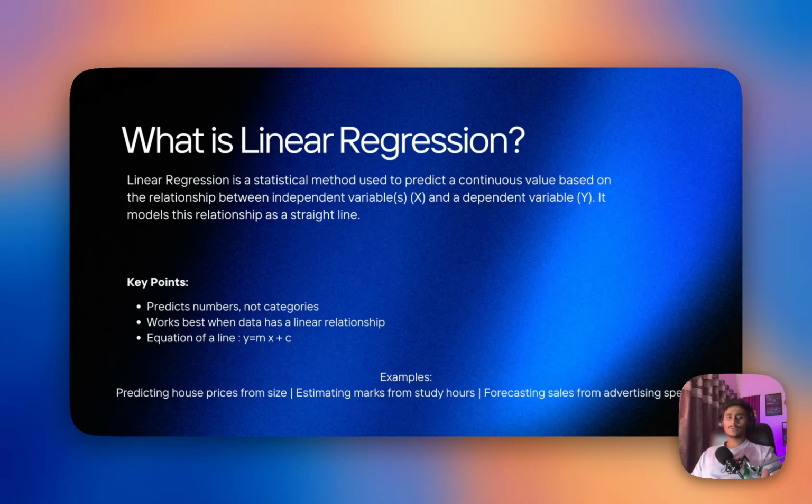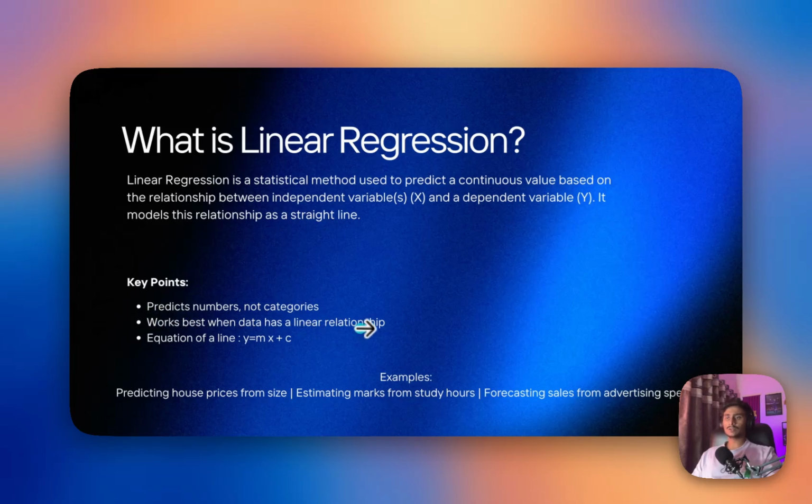Linear regression is one of the most fundamental algorithms in machine learning and statistics. It's a method used to predict a continuous value by finding a relationship between one or more independent variables. The relationship is represented as a straight line, and the equation of that straight line is y = mx + c. Key points to understand: linear regression predicts numbers, not categories, and it works best with